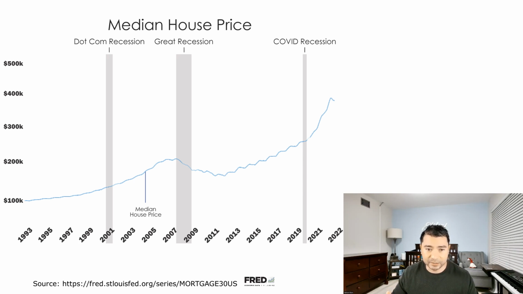We have 3 recessions right here. And as you can see, 2 of 3 had zero effect on the home prices. And I believe that the 2008 or Great Recession had an impact on the home prices only because that recession was caused by a factor that's directly connected and related to real estate. Now, it's very interesting to see no other impact regarding the other recessions.